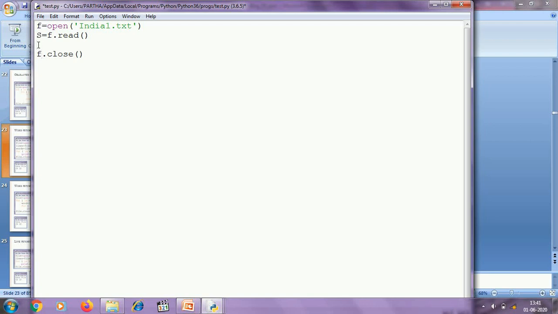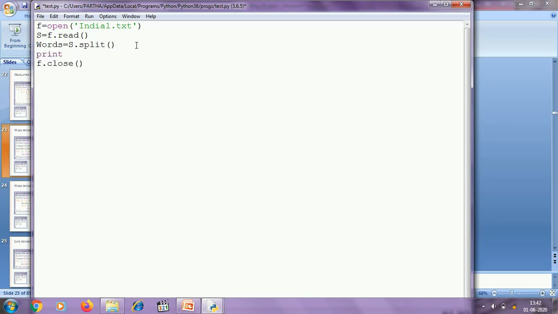Now s is a string containing the entire india1.txt. We need to split this string into words, so I am going to use the split method. Let's see. s is the string. Here I am splitting the string, and by default it will split depending on the space, and after splitting the result will be stored in the variable words.